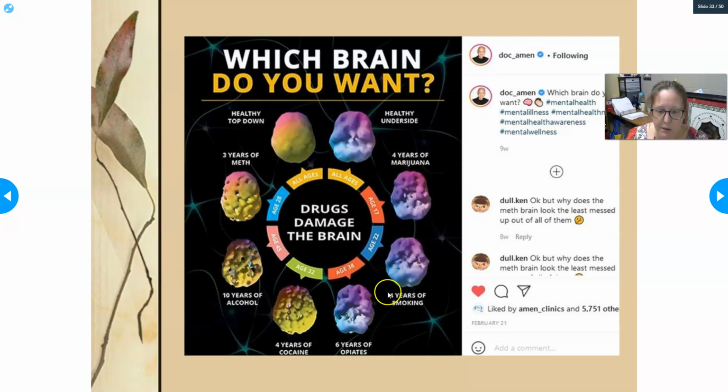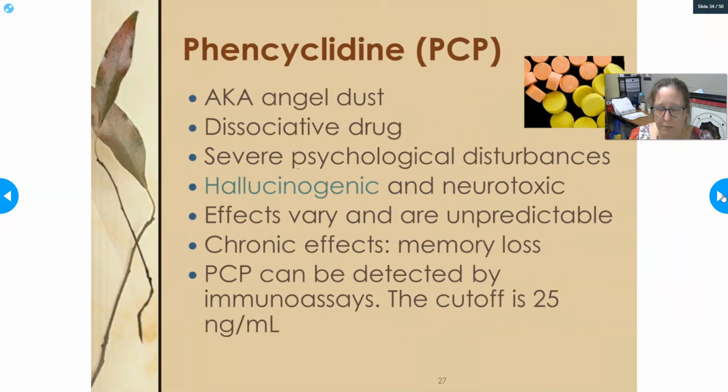Blood flow to the brain has been compromised. At 38, with 6 years of opiates, we have damage in the brain. 4 years of cocaine at 32. Again, lots of damage here. 10 years of alcohol at age 45. And 3 years of meth at age 28. You can see literally poking holes in the brain. Lack of blood flow in all the areas that have holes. So, again, the biggest reason to not do drugs is it damages your brain and therefore your mental